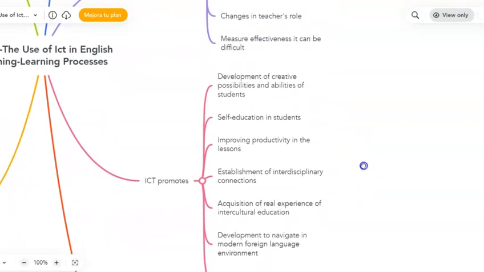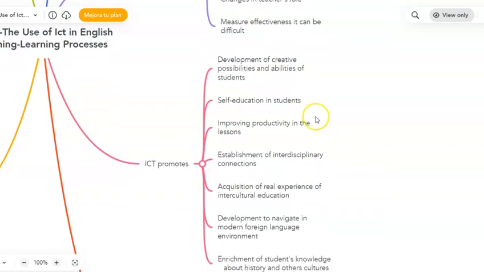Now I would like to move forward with what ICT promotes. The use of ICT in learning and as well in the study of foreign languages. We have first the development of creative possibilities and abilities of students. On the other hand, we have self-education in students. So we can say that ICT promotes and creates conditions for self-education of students